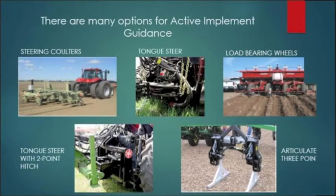I wanted to bring up something about the articulated hitch. The articulated hitch is a good option for customers who are doing cultivating, whether that be for organic crops or anyone pulling a 3-point mounted side dress bar. Because the advantage that gives you is you're right there, and what that's doing is every time the tractor moves,